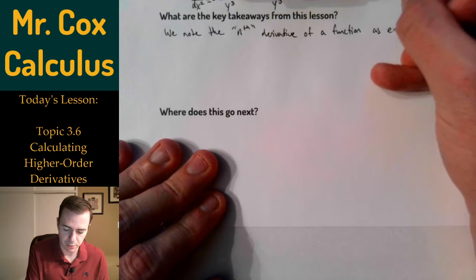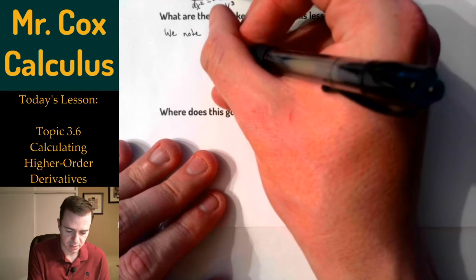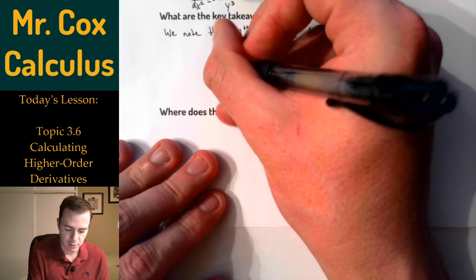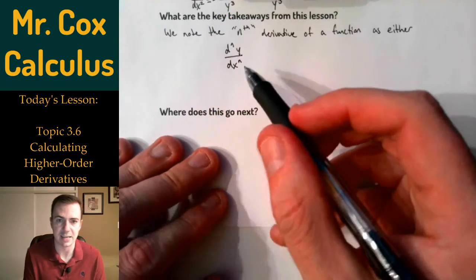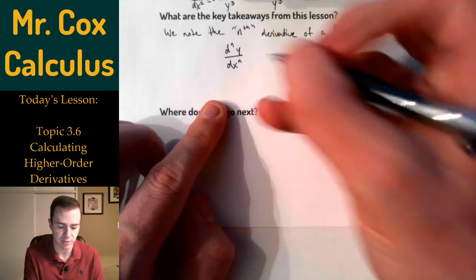as either, if we're talking about Leibniz notation, that is d, the nth derivative of y with respect to x to the n. So if it was 7, it'd be the seventh derivative of y with respect to x to the seventh. Or,